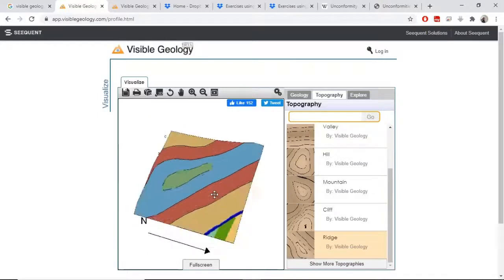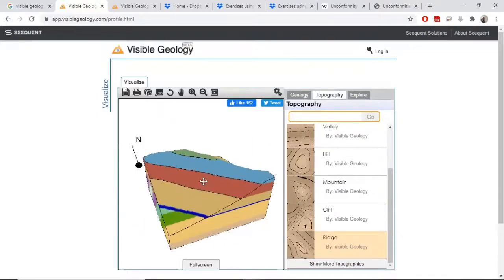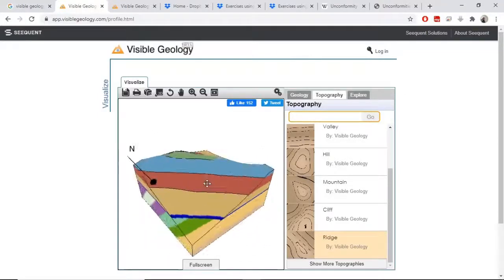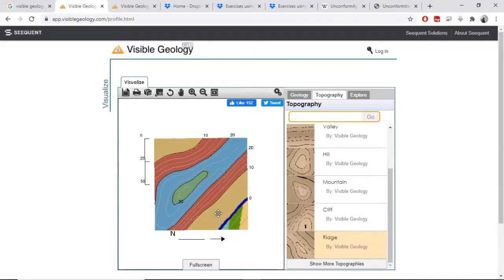Here I'm showing a ridge topography, and note how the beds look in different cross sections, in the different side views, and from the map view. So in this map view, one can see that there are horizontal beds on this surface, and then there is this unconformity, and then there are some dipping beds which are shown in this portion.